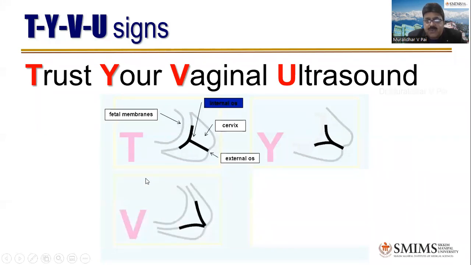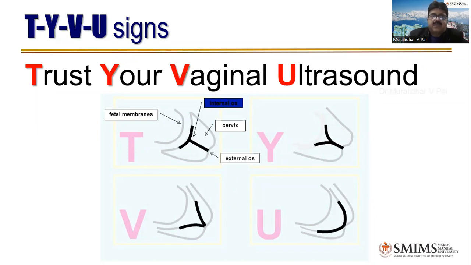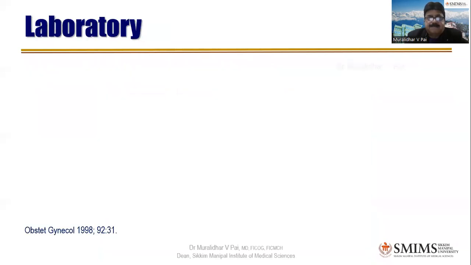So you can see a Y shape there. And then comes the V shape. The membranes are almost going towards the external os here. You can see that V shaping of the membranes. And when it becomes U shape, that means a big bag of membrane is also bulging. And this patient is going to pose a very big challenge to us. I will show you later in class how to tackle these kind of cases also. So this is the dynamism of the cervix.